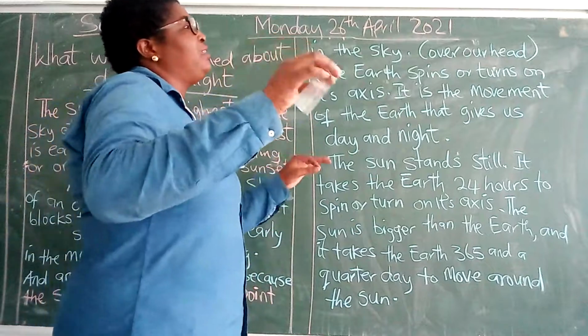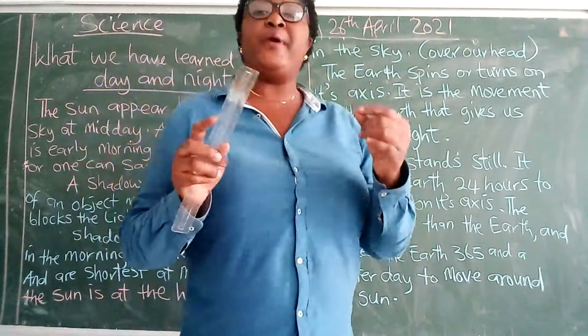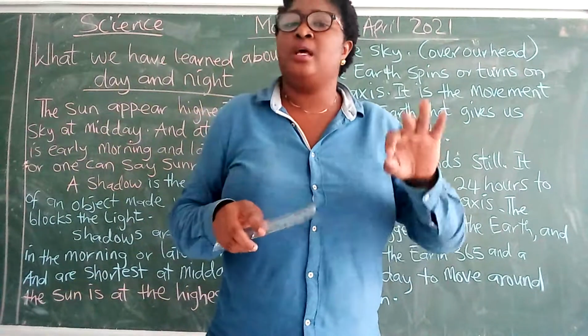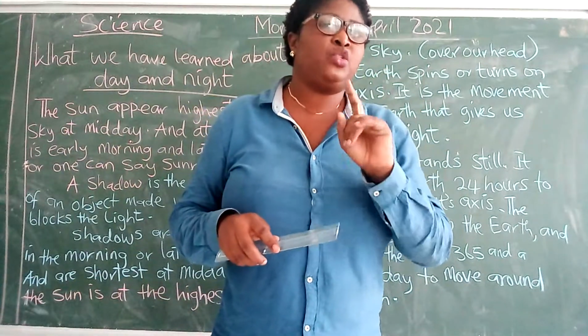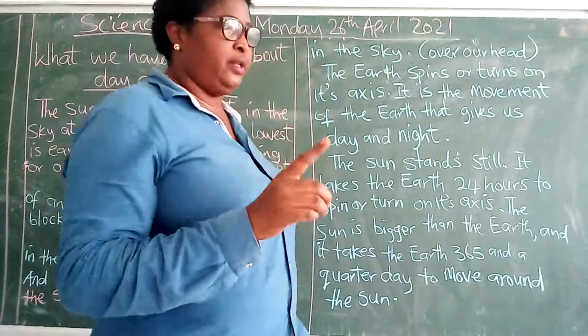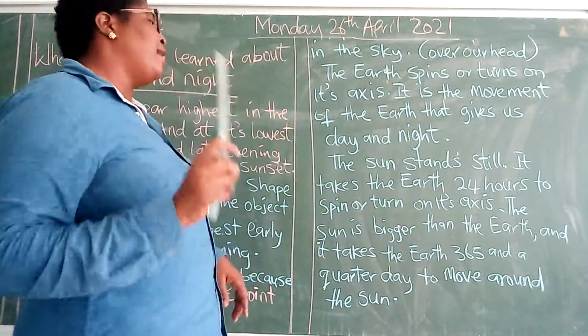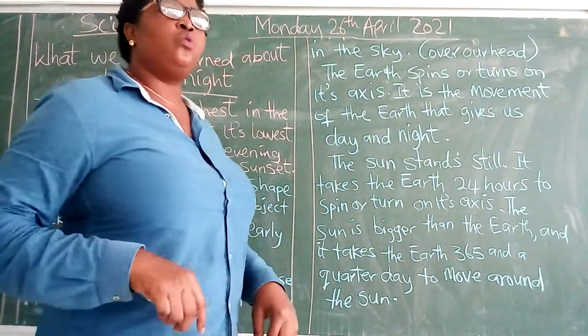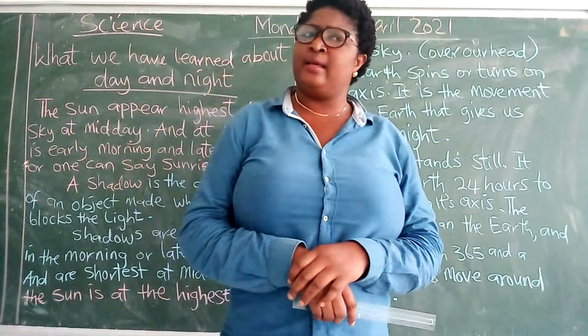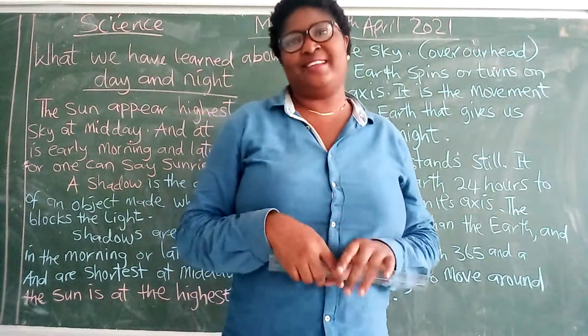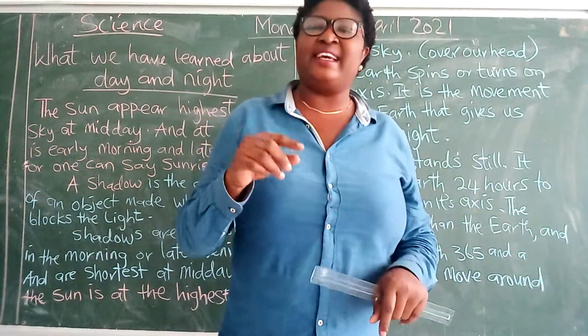And it takes the earth 24 hours to make a complete spin on its axis. It takes the earth how many hours? 24 hours to make a complete spin on its axis. And you know, between the earth and the sun, which is the biggest? The sun is the biggest. That is why it takes the earth